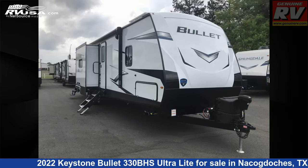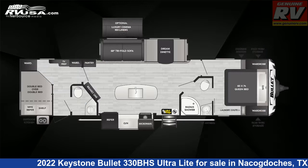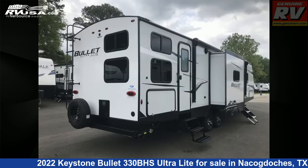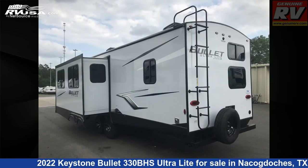This 2022 Keystone Bullet 330 BHS Ultra Lite is a travel trailer RV. It is located in Nacogdoches, Texas, 75964 and is offered for sale by Genuine RV Store. This new Keystone is 37 feet 6 inches in length and features 2 slideouts, an Ashland interior, sleeps 10, stovetop